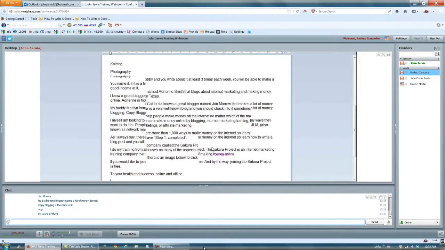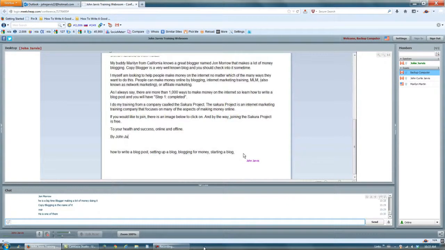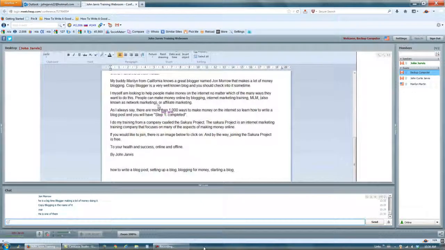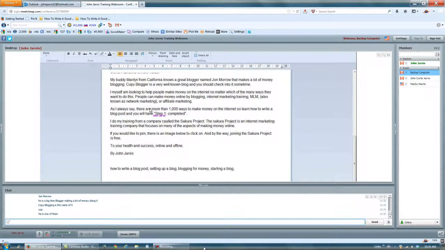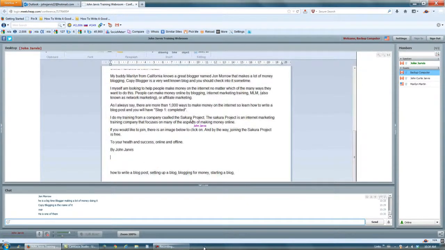And we add our byline. You should always have "by" in your name right here. This applies to what's known as Google authorship. And once you write a post, no one else can take credit for it once you apply for Google authorship, which is free to do. And then here you just put